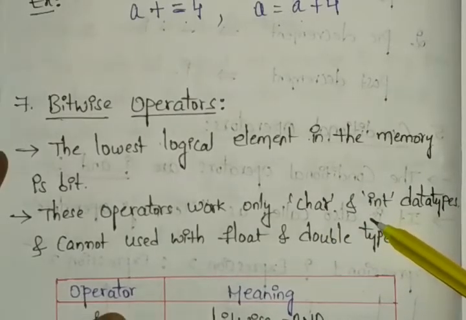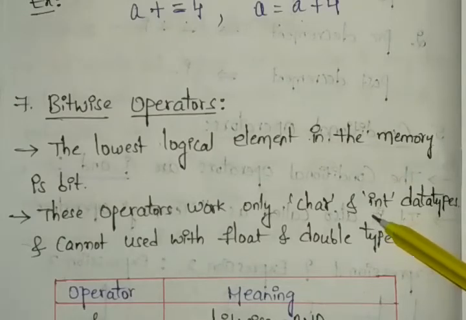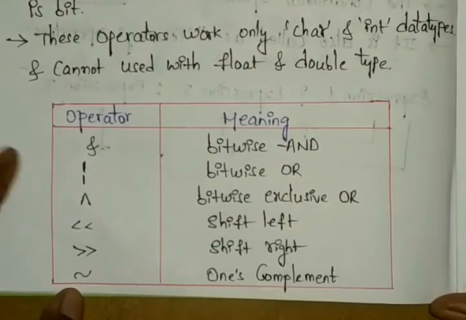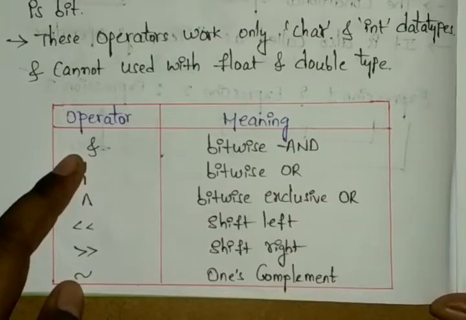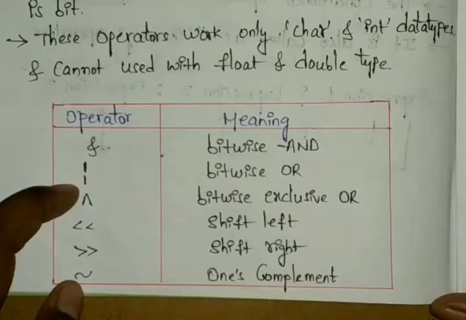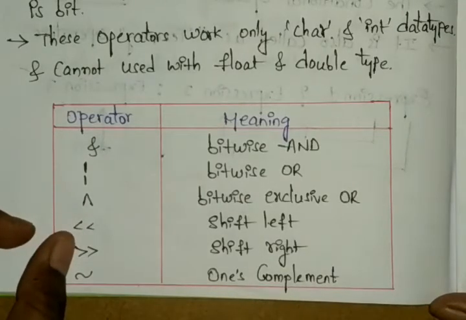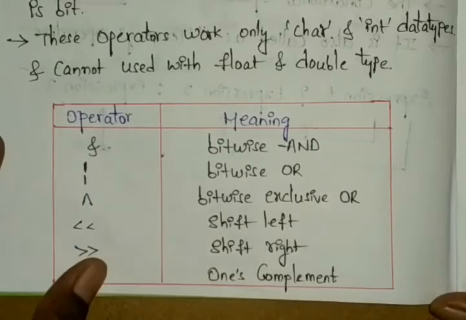If you are adding two numbers by using these, in that case it works a bit differently. If you are doing the AND operator like this, it shows at least one. Okay, so see here, for example, we have the AND operator. Compared to the logical operator, here we have only one, that is the bitwise AND. This is the bitwise OR. This is the bitwise exclusive OR. Shift left, or we can call it left shift, right shift, ones complement. These are our bitwise operators.